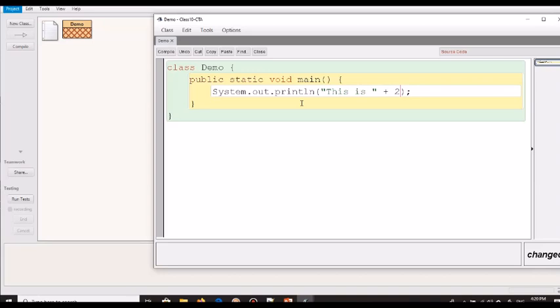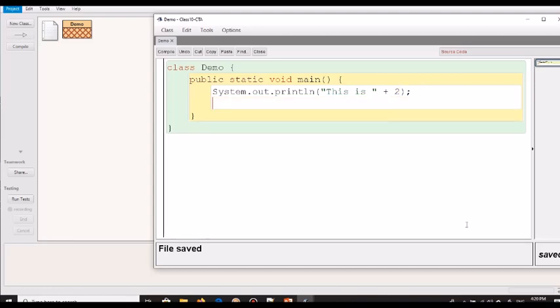Let us see this program. In this program, we are actually using a plus sign to add a string, which is "This is", to a number which is 2. 2 basically is an int value. So I'm basically adding a string with an int. So when you add a string with an int, how does it add? It actually converts the entire thing into a string. It actually joins everything, and the entire string becomes "This is 2". So when it displays this message, it will display "This is 2".